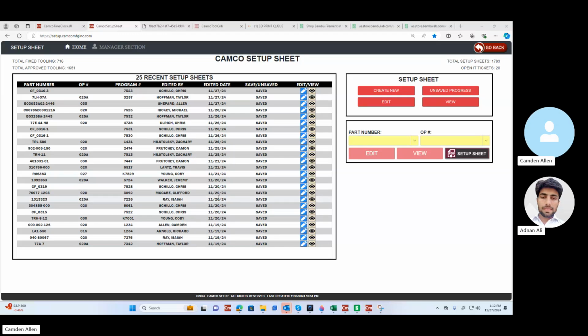Yes, he just wants to get an idea of what it is used for and what customer we should target for the setup app. Okay, so yeah, the setup app is used to show employees how to specifically set up a part number and